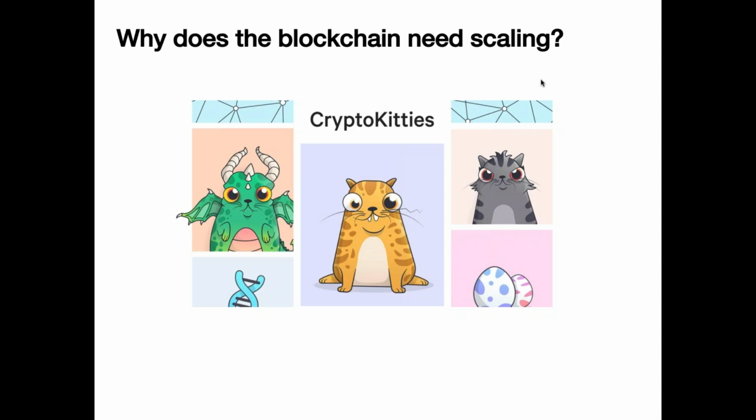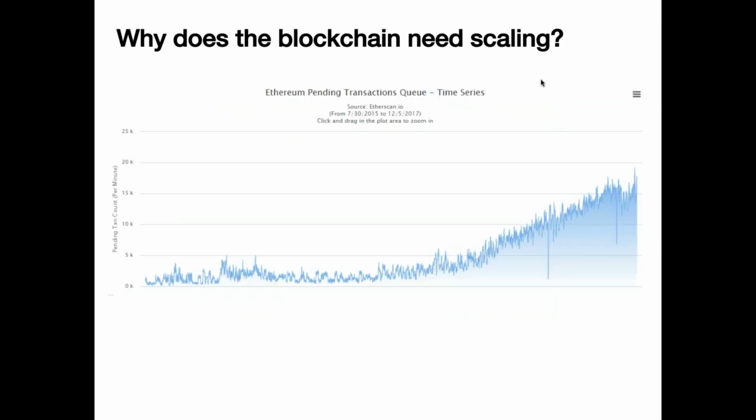And after it launched in late 2017, it became so popular that it almost disrupted the Ethereum network. And look at this picture. Basically, we can see that the CryptoKitties trade transactions account for about 15% of the network, and